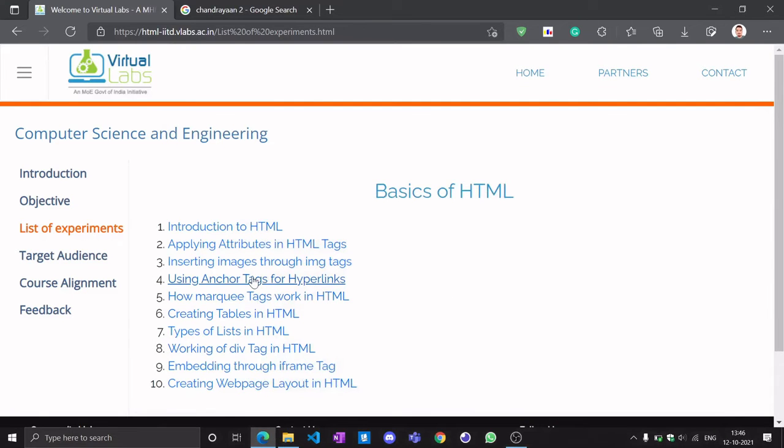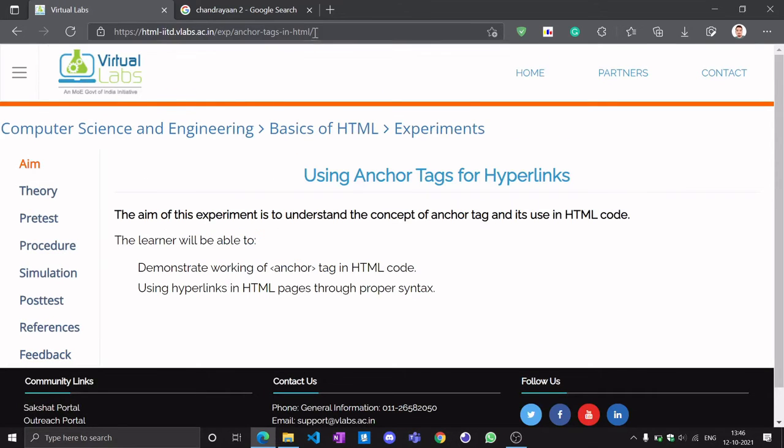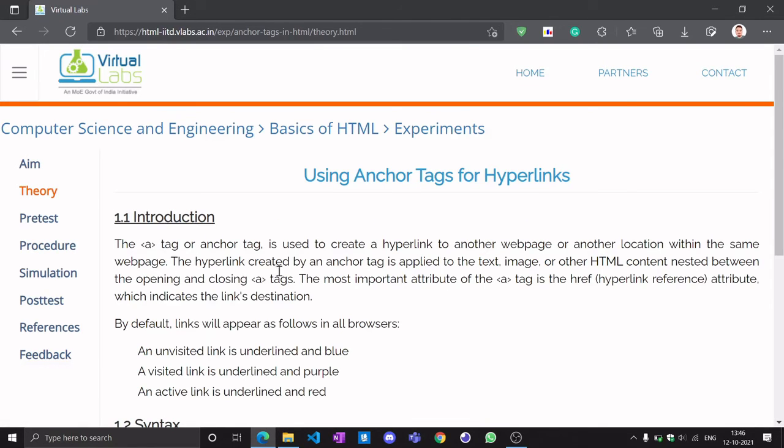So now let's do this fourth experiment using anchor tags for mentioning the hyperlinks. So we will be demonstrating the anchor tag. The anchor tag is used for creating the hyperlink to another web page, which will be at our URL location or some other URL location.